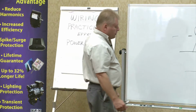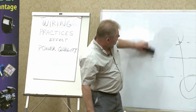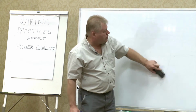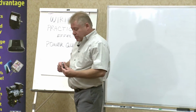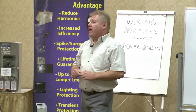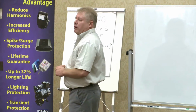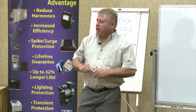Clean Volt, we developed Clean Volt in the early 90s, first of all, as a catastrophic protection device. And we did so that when it did fail in those circumstances, it failed safe. And what fail safe means, it didn't fail in a shorted condition. We are the only surge device that does not require our varistors to be fused because of that very thing